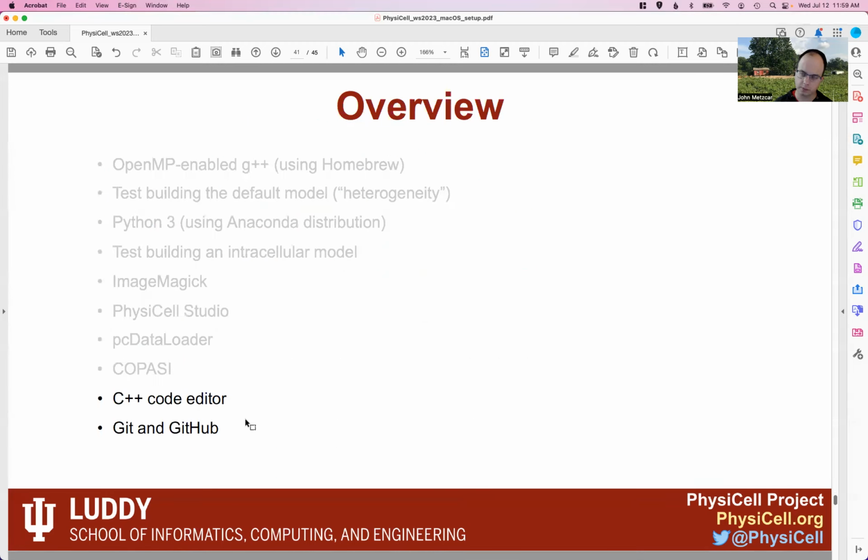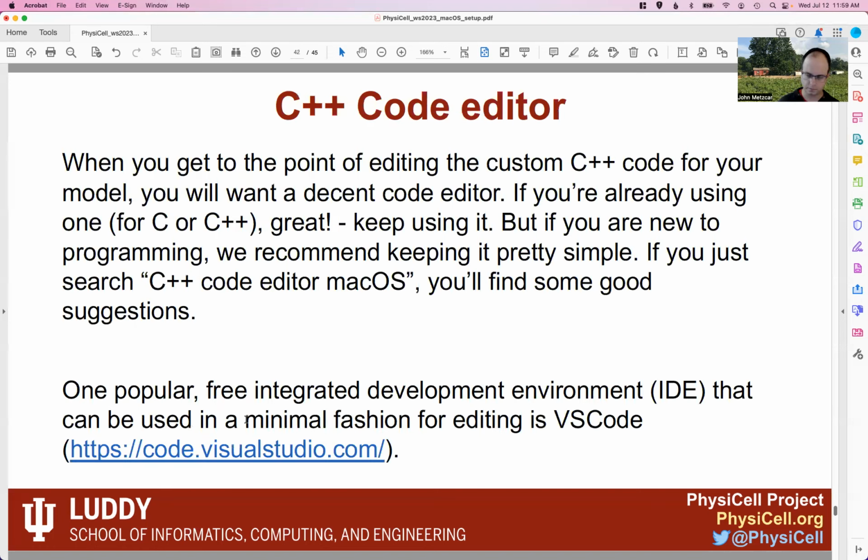Great. Now we're down to a couple things that are more general and code-based. When you get to the point of editing custom C++, there may be some things you can't do, or questions in XML. You may have some rules or questions that need explored that you need a little bit more nuance or control over than what you can get out of the XML. And so you might want a decent code editor to do that. So if you're already using one, great, keep using it. And if you're new to programming,